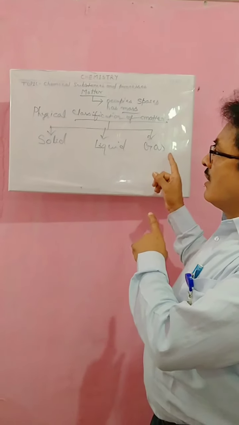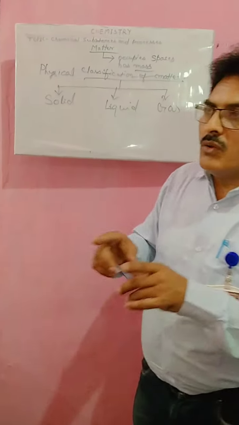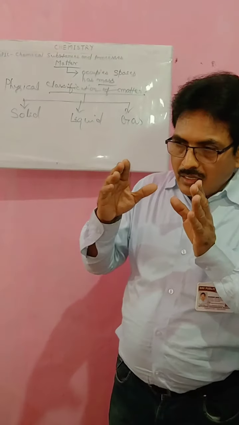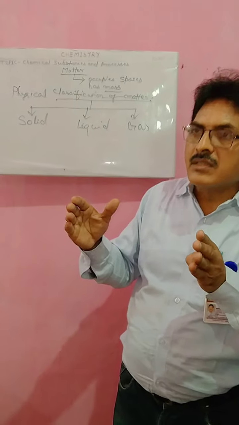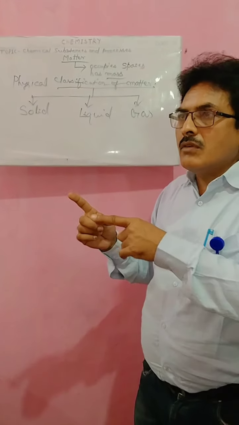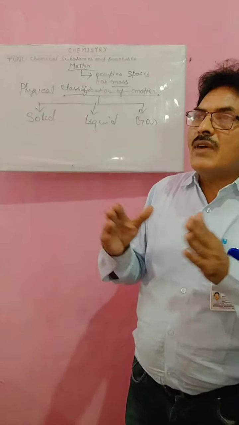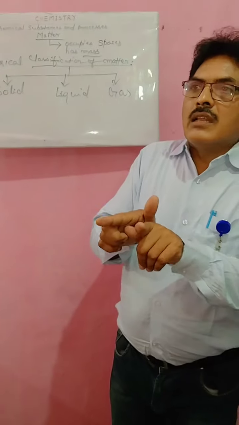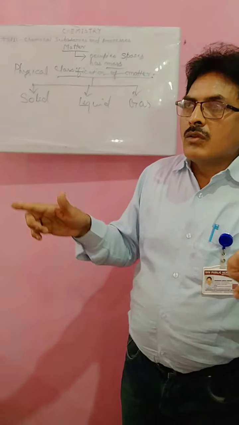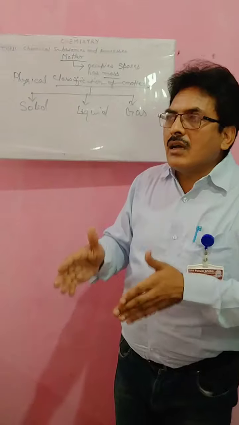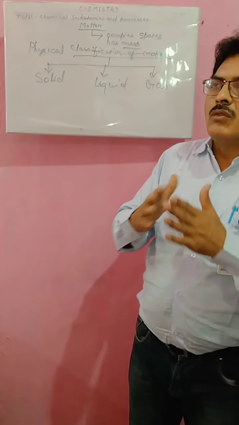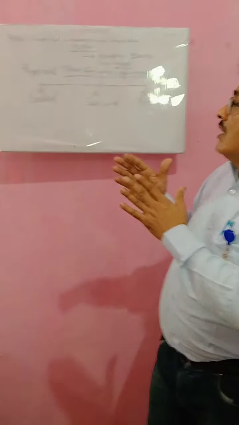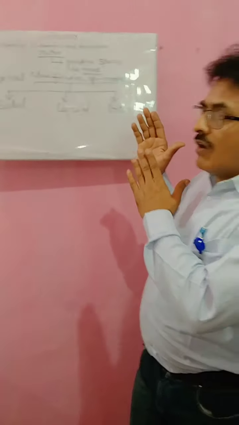Gas is quite different from liquid and solid. If we talk about the particle nature of gas, we'll see that the spaces between two particles of gas are more than in solid and liquid. That's why there is no force of attraction between particles of gas, and rather they repel each other. So the volume and shape are not fixed. No definite volume, no definite shape for gases. That is about the physical classification of matter.